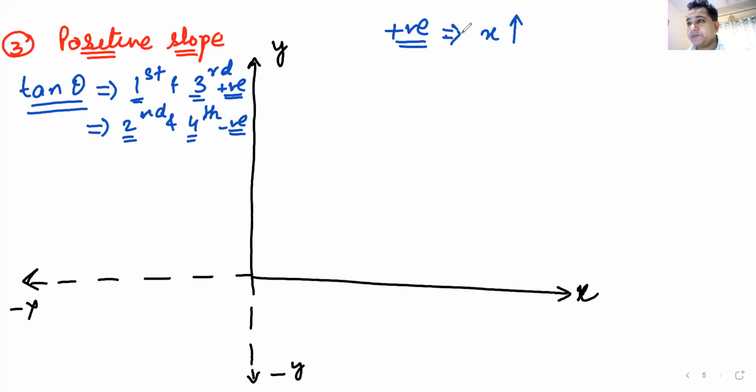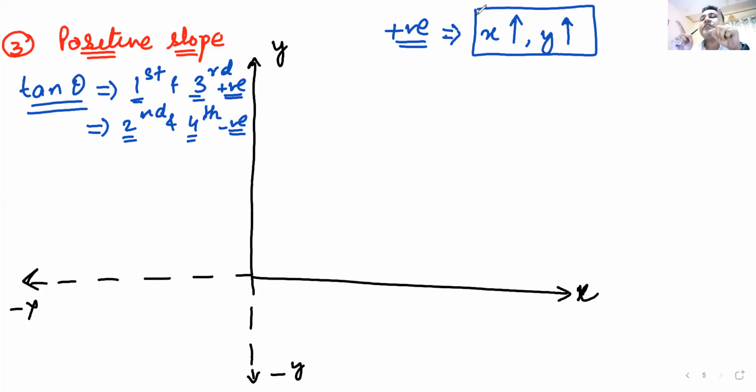What happens to the value of y? Y increases. Yes, Anna, you are absolutely correct. This is what is meant by a positive slope line. If x increases, y increases. In other words, you can also say it this way, they are directly proportional to each other in some way. You increase x, you increase y. Am I clear with this point?